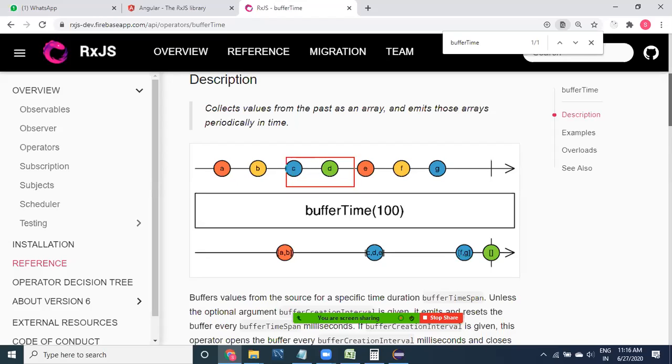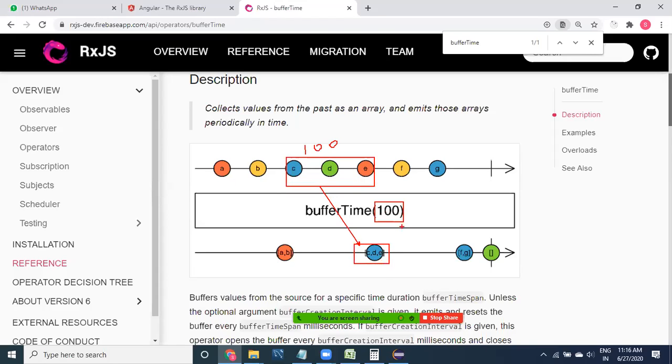C, D, E are going to come in 100 milliseconds. After 100 milliseconds, we will have C, D, E in one array. Within the 100 milliseconds that we have specified, how many values came?